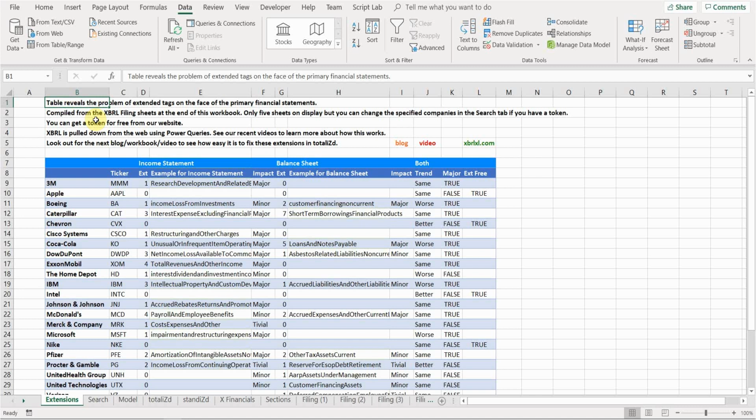This video looks in detail at the issues with extensions in XBRL. What we've got here in front of us is a table of the Dow Jones 30 companies, and we're looking at the extent of extensions. I've just looked at the income statement and the balance sheet, just the faces. Obviously, there'll be more extensions in other parts of the XBRL, but just as a starting point,